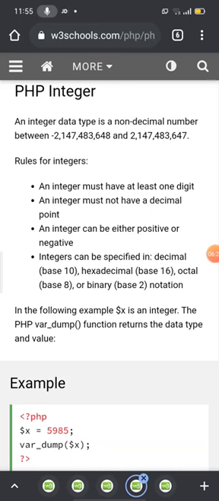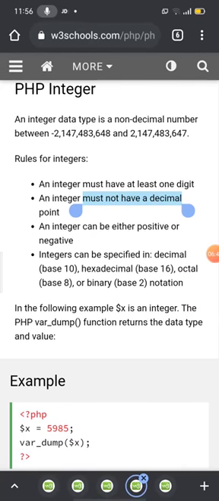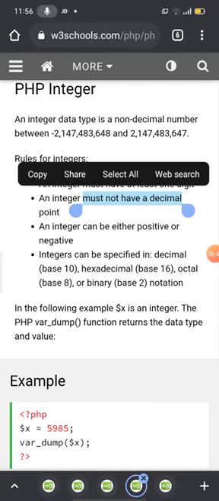What is a decimal point? If you have a percentage, for example 77.60, then the point should not be there. If you are using a percentage, then you have to use float. I will explain that. But if you are using integer, you cannot use a decimal point. That means 77.60 is not going to be used for integer. Integer will use simple values. For example, you can write your mobile number, 9028 etc. A 10 digit number you can use over there.